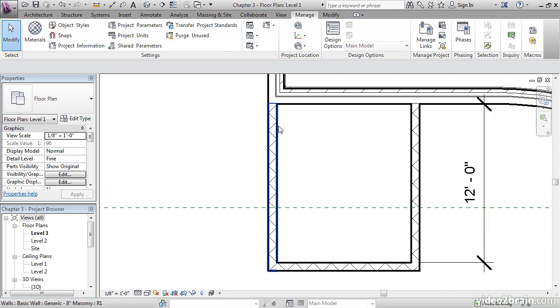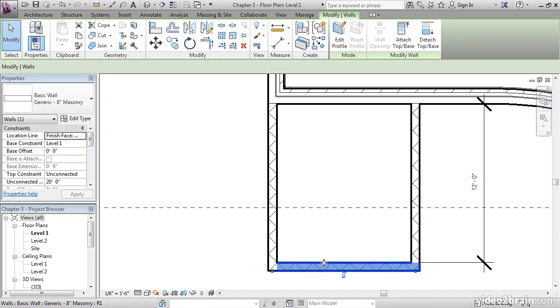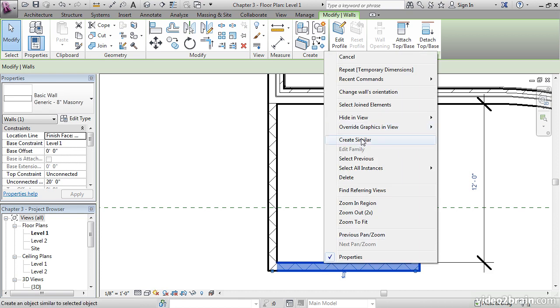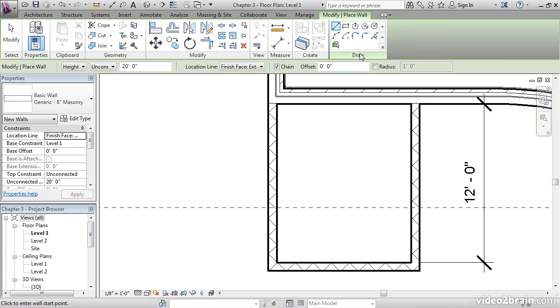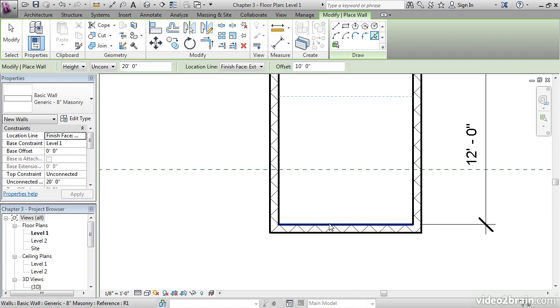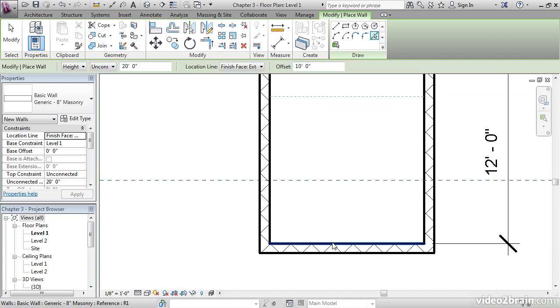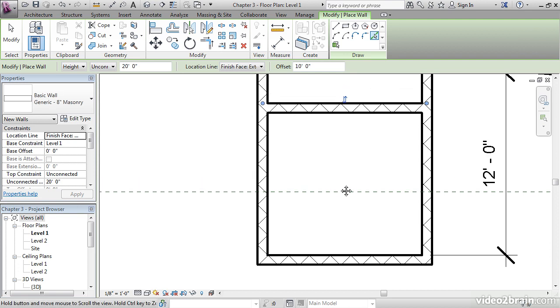One last thing we need to do is put a wall in here to form a chase for electrical conduit. What I'd like to do is go ahead and select this wall, right-click, and create Similar. This time on the Draw panel, I want to click on Pick Lines, and I want to set the offset for 10 feet. I'm going to come down and select this wall. What I want to do is pick the inside face. Once we see the temporary reference line show up above it, go ahead and pick that wall and then hit